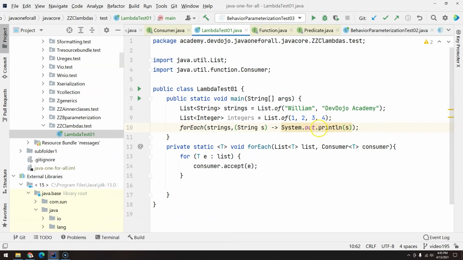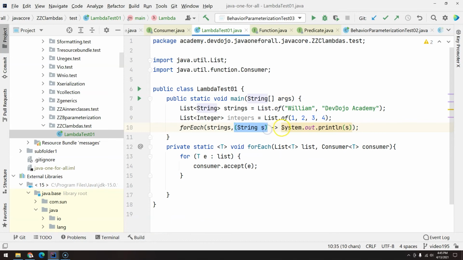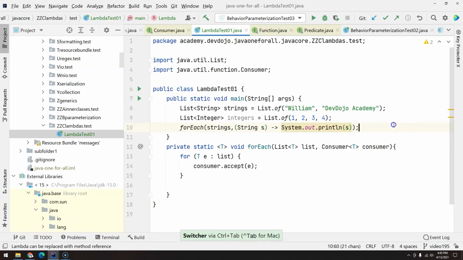So just ignore this for now. We are going to talk about this syntax in future videos. For now, I just want you to pay attention to what we did. We have here the parameters, and we have here the expression. So the expression is following the contract. Basically, we are doing something without having anything as return. And now, if I execute, Ctrl-Shift-F10,